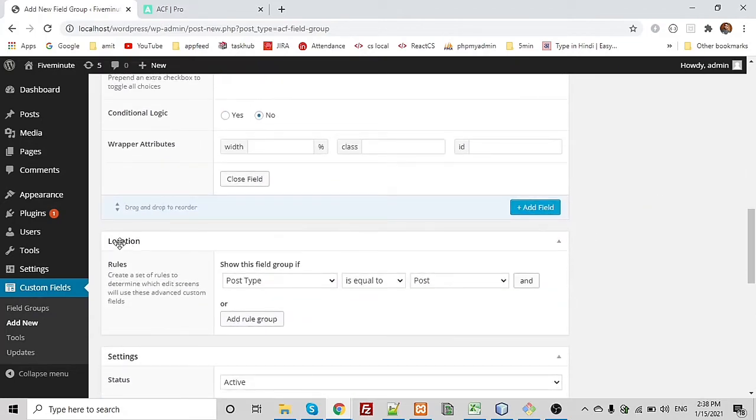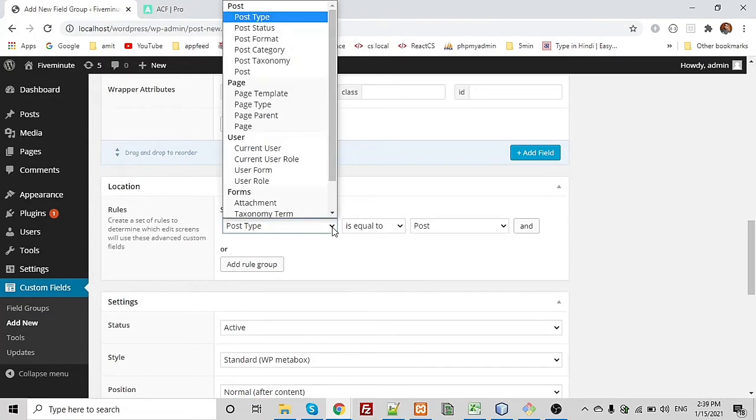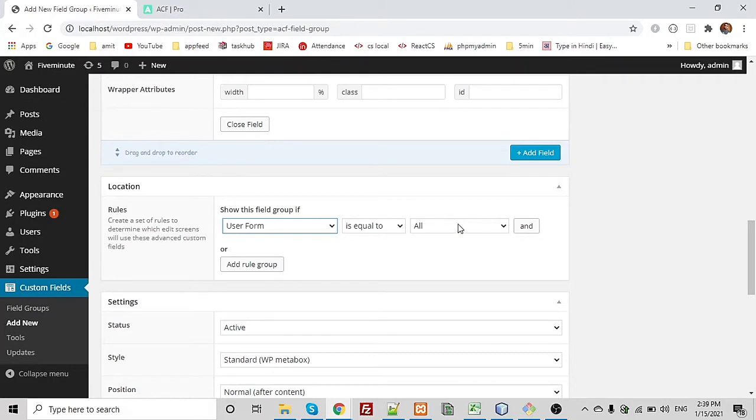Now here is Location. I want to add a field in the user form. So for this field group, go to the user section, select User Form is equal to Add/Edit. I want the field to appear in both the forms, add and edit.